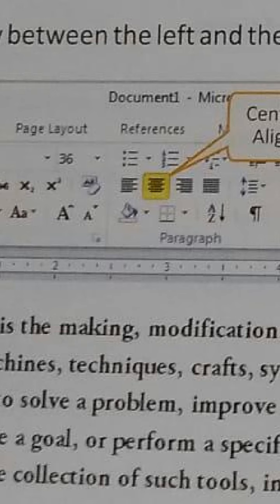Now what exactly is it? Suppose you are typing in the MS Word. By default the alignment is set to the left side, means whatever you are typing from the left side, your text is coming in a straight line, means it is aligned to the left, no matter how it is coming from the right side. It may be that from the right side the text will not be in a straight line or straight alignment.